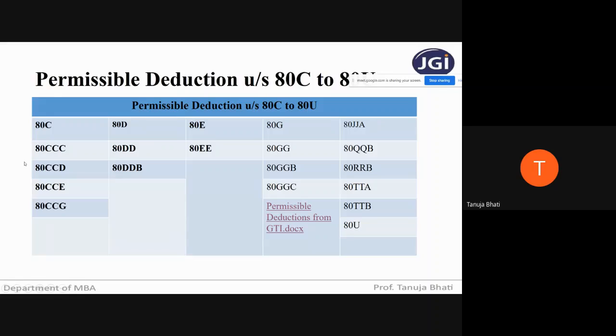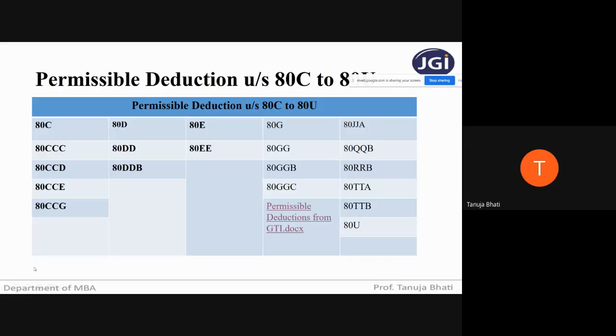Moving ahead to 80CCD. 80CCD is where an individual, either employed by the government or any other employer, or any other individual assessee, is contributing to the pension scheme of the central government. Then the deduction allowable is 10% of salary or 20% of gross total income, as the case may be. Now 80CCE says that the maximum deduction after taking a total of 80C, 80CCC and 80CCD should not exceed